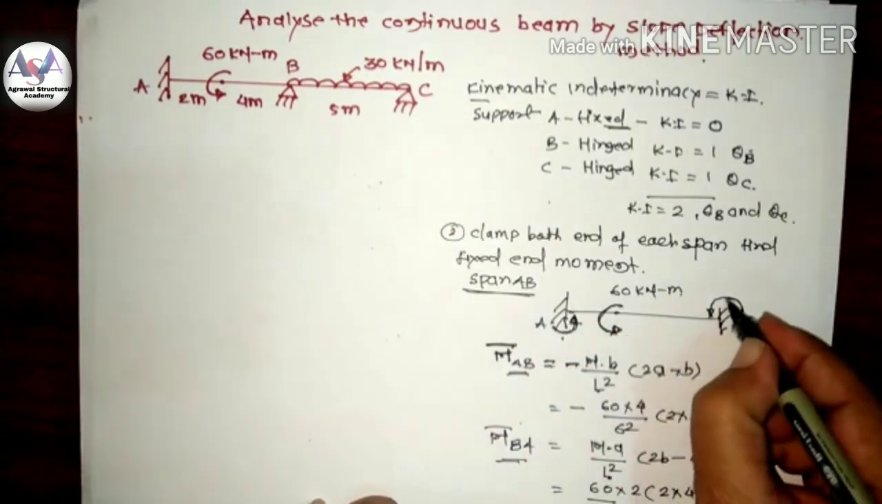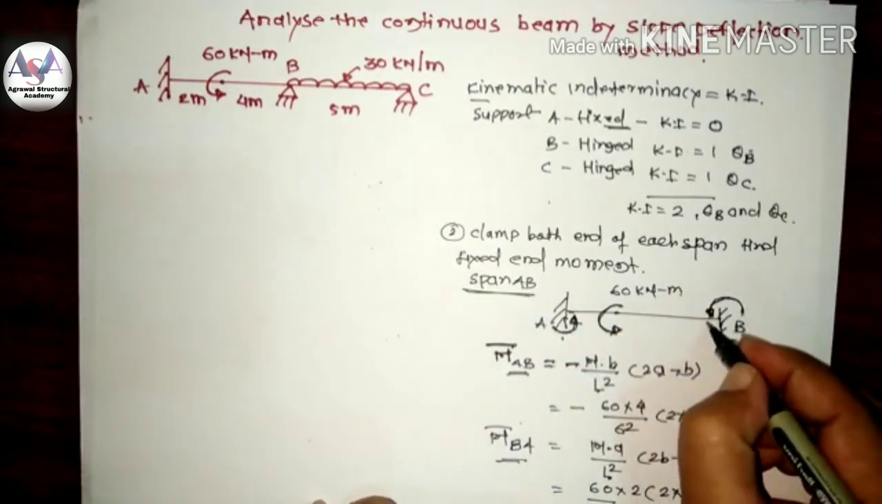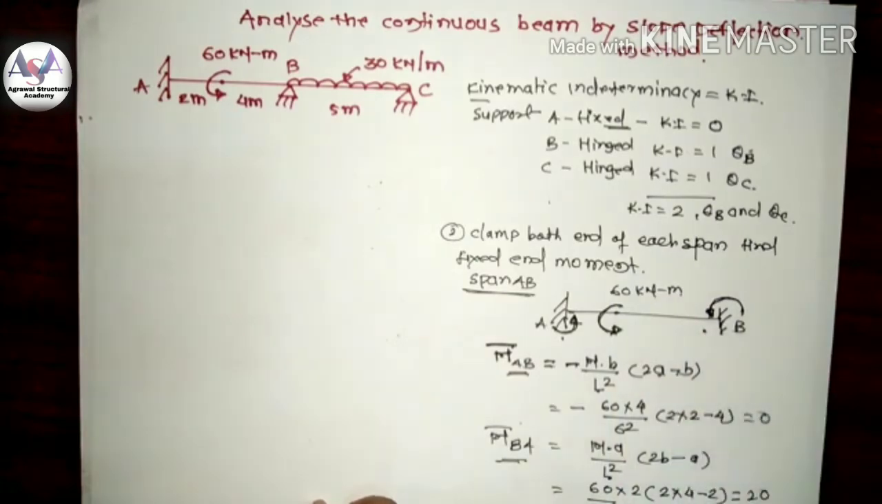So here anti-clockwise fixed end moments. So this tries to push downward, so this creates the sagging. That is why it is a plus. So if we put this value 16 × 2 divided by 6 square into 2 into 4 minus 2, this becomes 20 kilonewton meter. Now